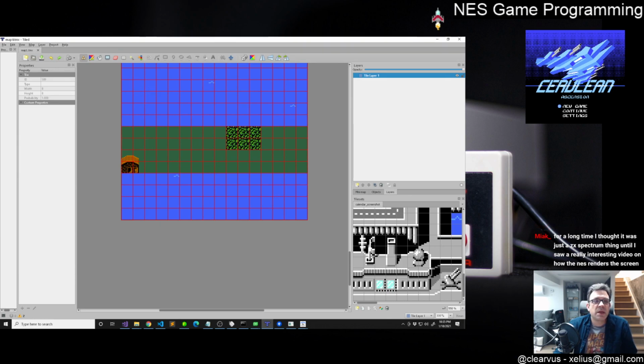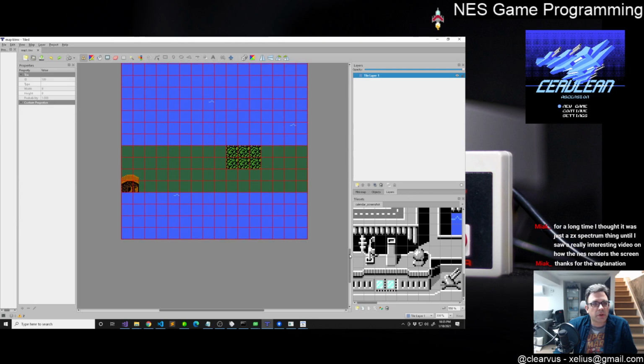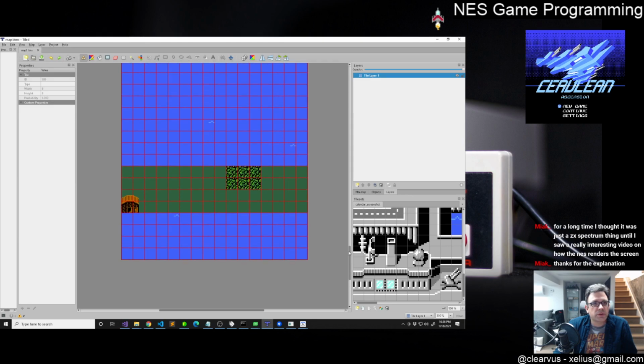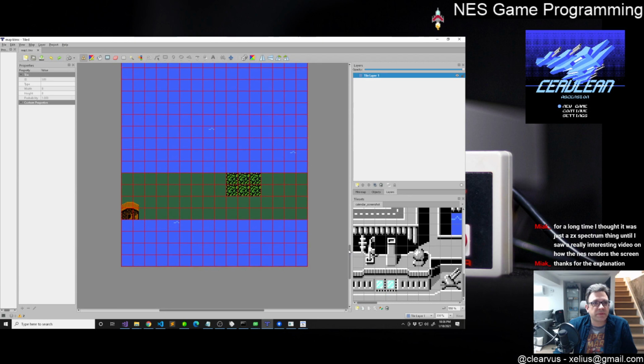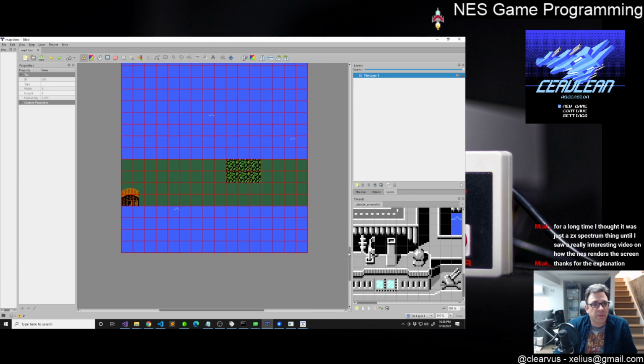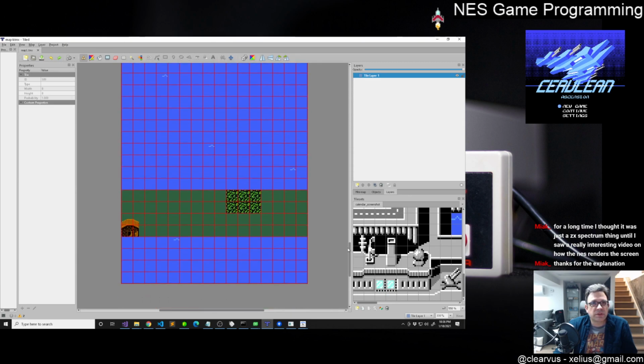For a long time, I thought it was just a ZX Spectrum thing until I saw a really interesting video on how NES renders the screen. I'm not sure what you're referring to when you say it's just a ZX Spectrum thing. If you want to just mention here,